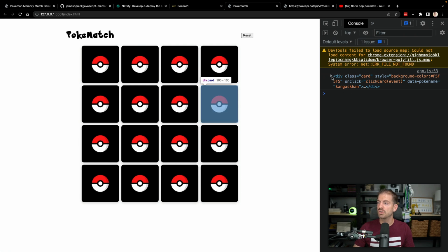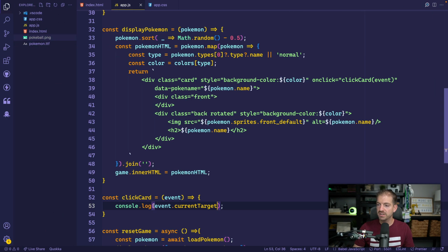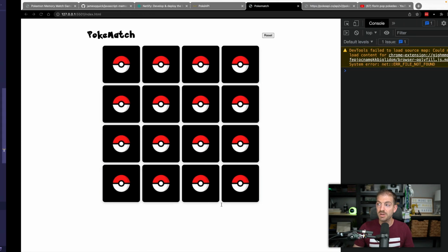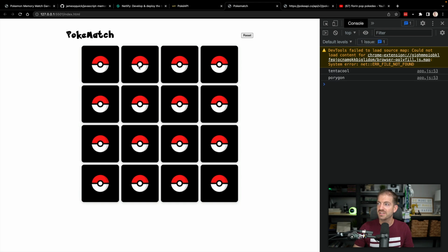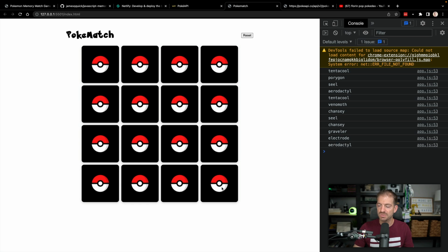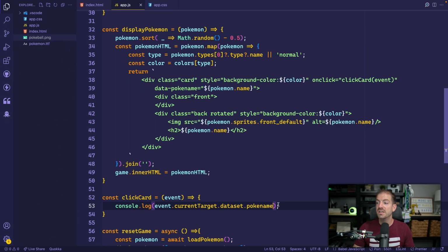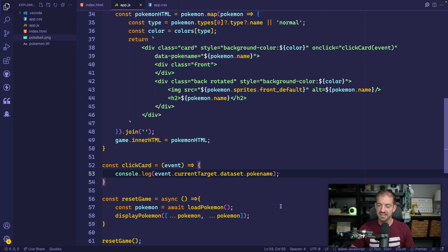So now we get this card, and now we can grab the poke-name from our currentTarget.dataset.pokeName. So this is how you get access to custom HTML properties in your JavaScript. So there's all the names of the Pokemon that we are clicking. Cool. So now we're making a lot of progress. So with that, if we want to flip this thing,